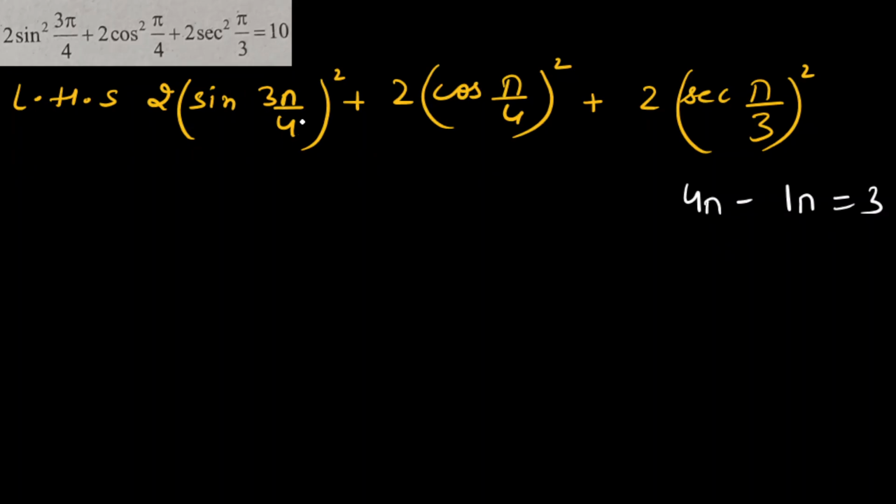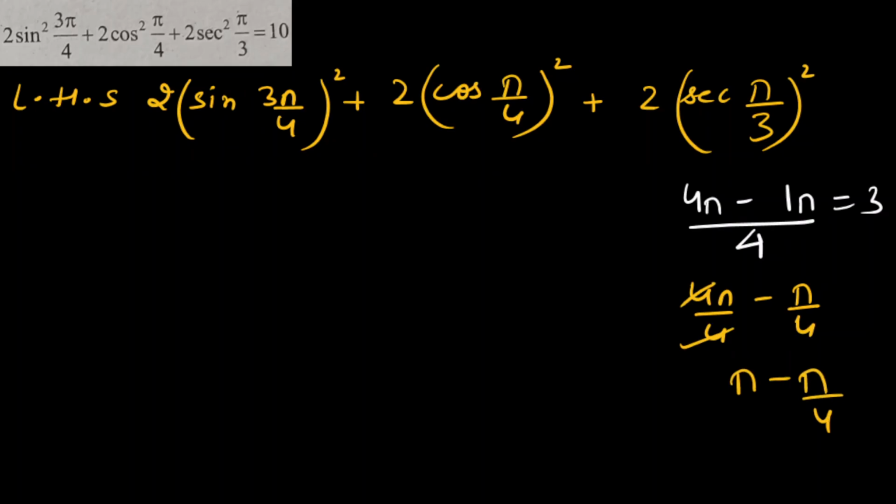Here what's the denominator? The denominator is 4. Write the full denominator 4. Now write it individually: 4 pi by 4 minus pi by 4. 1 pi means pi only. 4 and 4 will get cancelled. So pi minus pi by 4. So you can write 3 pi by 4 as pi minus pi by 4. Logically also you can think. If you're not able to think this easily, with this process you can figure out how to change